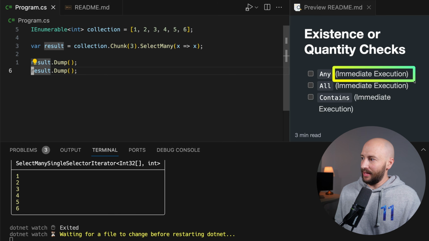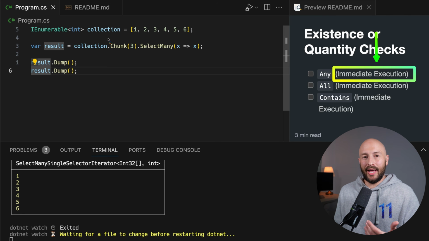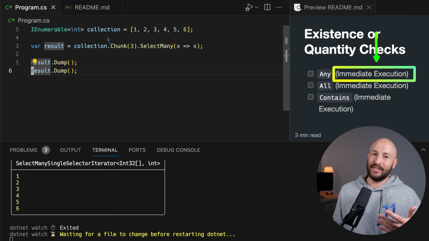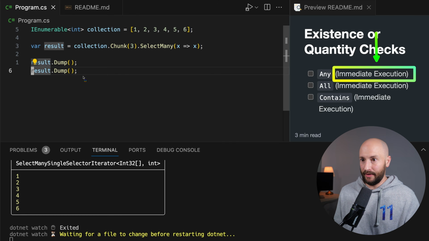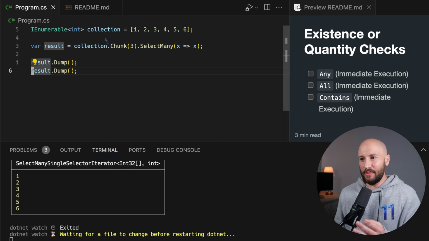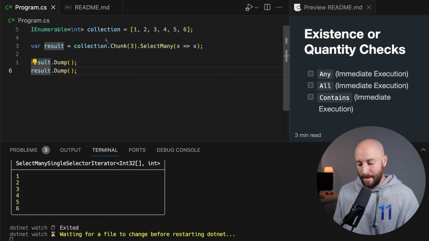So for all the extension methods that I wrote immediate execution, you need to take into account that this specific extension method will execute immediately. And during its execution, it may or may not iterate over the collection. If it iterates over the collection, then it'll go ahead and execute all the various deferred execution LINQ extension methods that we declared beforehand. Okay, now this feature can be very powerful if it's used correctly, but it can also